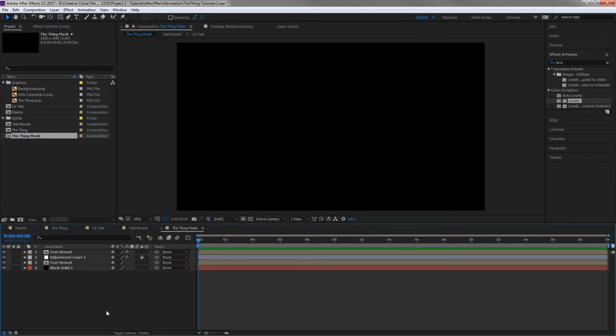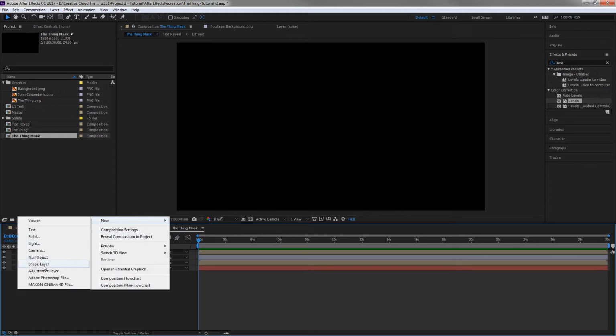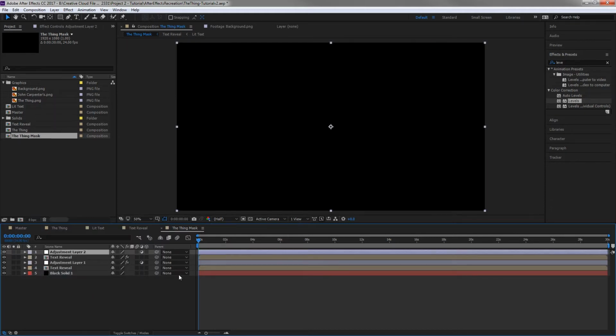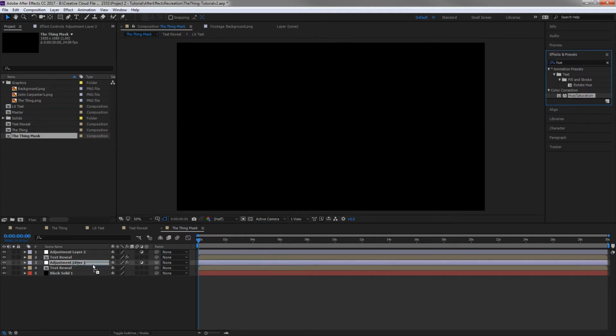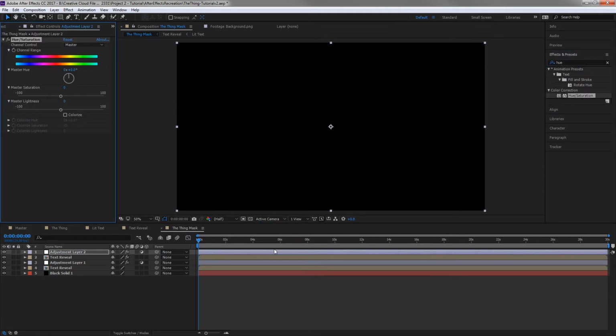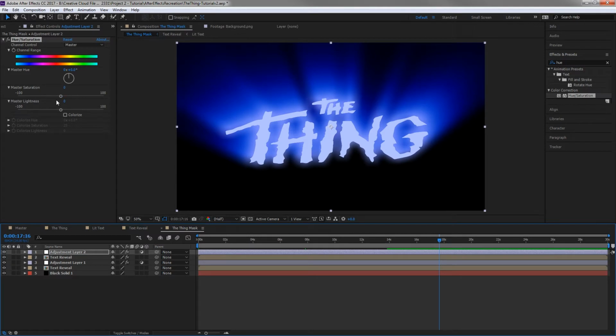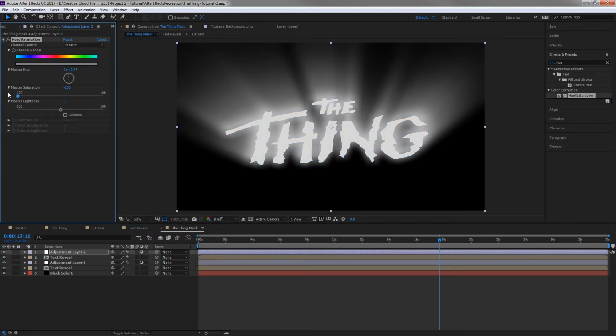Open it, and I'm just going to right click to new adjustment layer. I'm going to put on another hue saturation effect, and up over here where I can see stuff, drop the saturation so it's completely black and white. Then I'm going to do a levels,